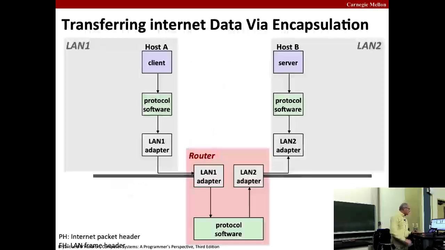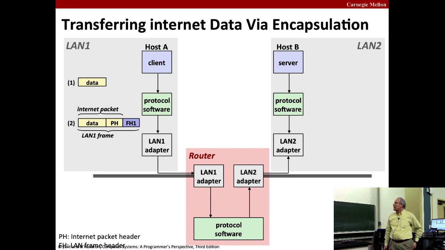So to get then from one host, say A, to B, what happens is we want to send a packet. And that packet will contain some amount of data. And the idea of packet communication then is you put little headers on that contain sort of routing information, the equivalent of what you'd see on the front of an envelope of a letter, perhaps. And at different points along the way, they'll have different numbers of headers and different protocols or formats for what those headers look like. So in particular, within